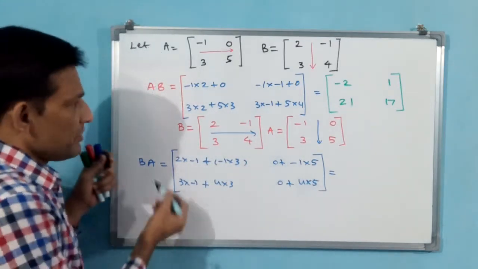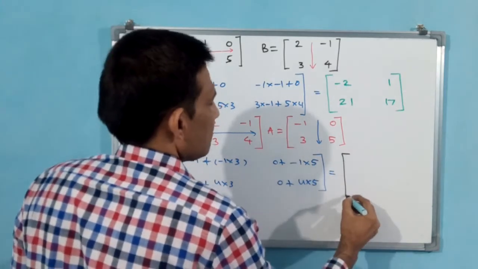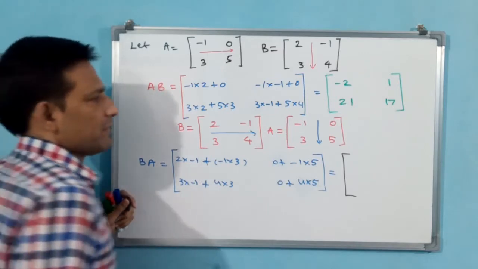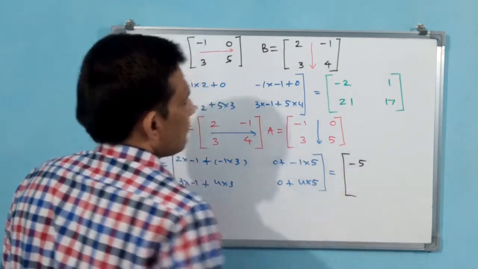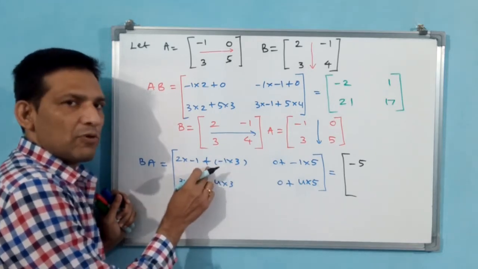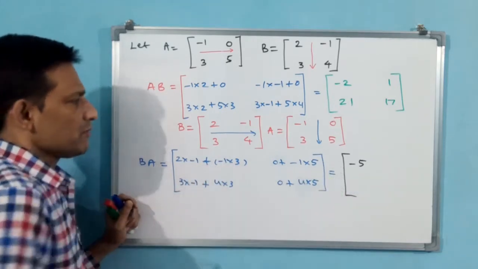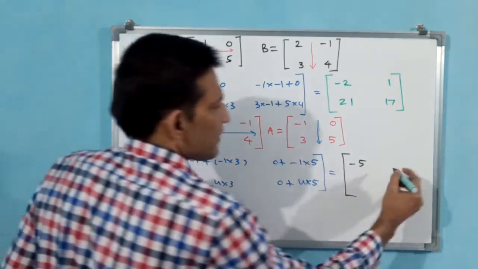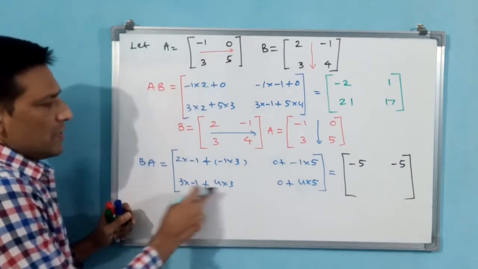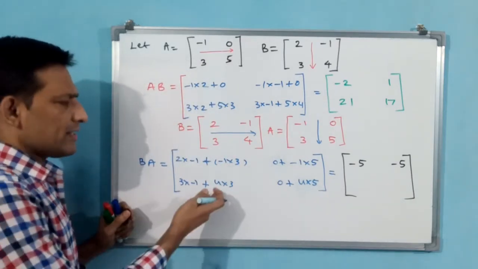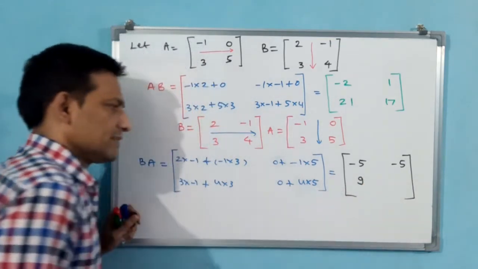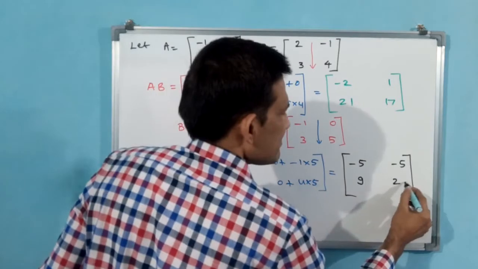Okay. Now you see BA, what is going to come? Minus 2, minus 3, minus 5. Is it okay? You see minus 3, minus 2. Addition we have to do. Minus 2, minus 3, minus 5 is going to come. Here also minus 5. Minus 3, 12. Or else we can say 12 minus 3, 9. 20 plus 0, 20.